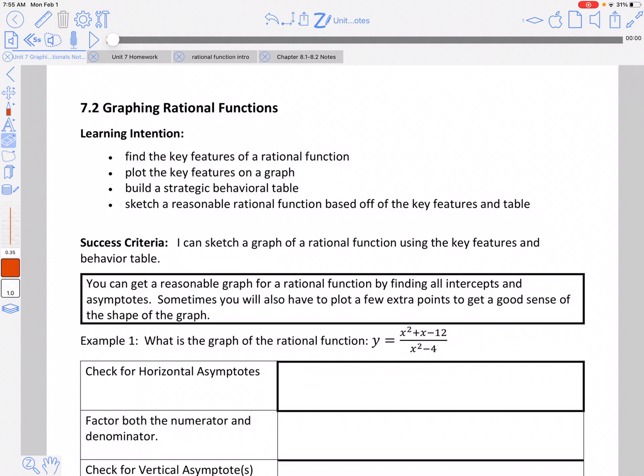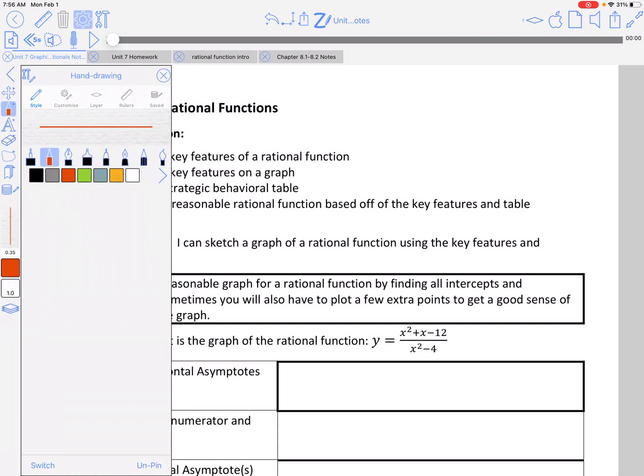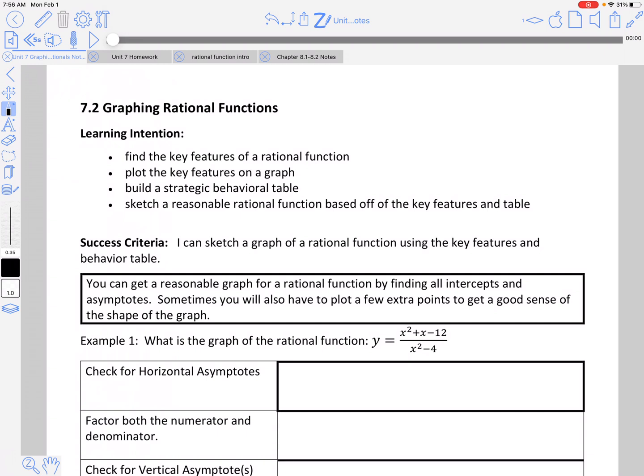All right, we have 7.2 graphing rational functions going on today. As you do this homework, as you work on this paper, you're going to find the key features. The key features are what we were just talking about. The points of discontinuity, we're going to find those, and then we're going to decide if they're asymptotes or holes. We're also going to find the horizontal asymptotes,